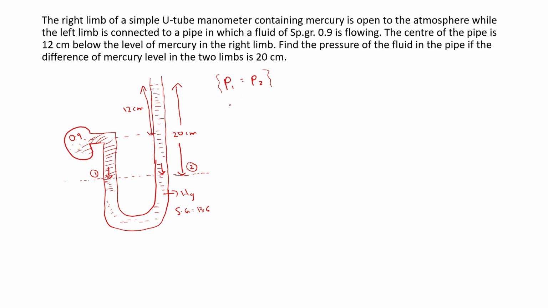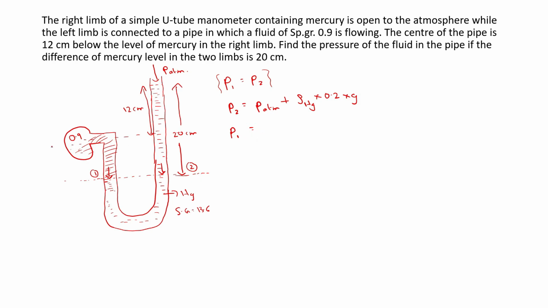Now let us find what is P2. So P2 is equal to, on the top you have atmospheric pressure, that is equal to P atmosphere plus rho Hg into 0.2 into G, and see P1 is equal to,